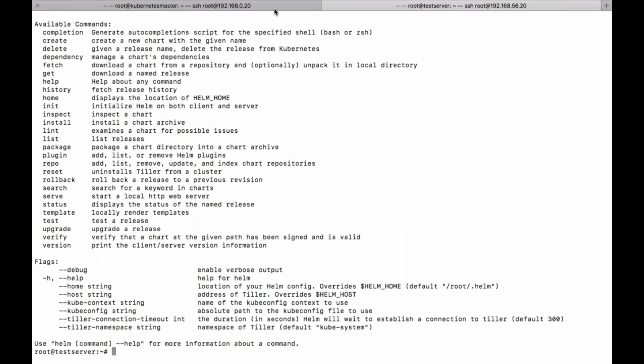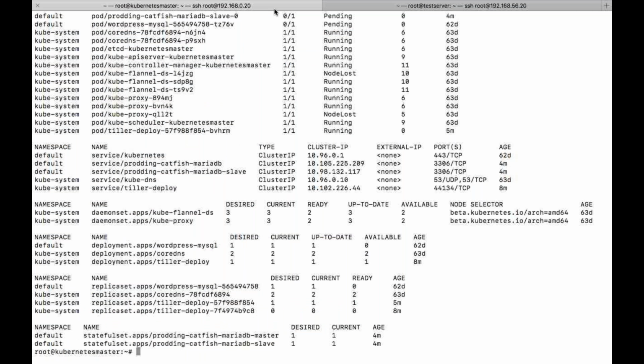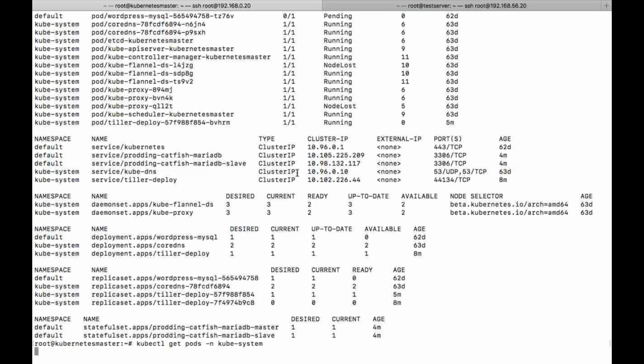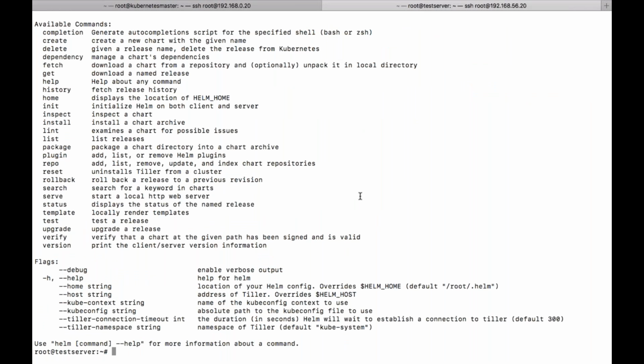Once Kubernetes master has created the tiller pod, only then you will be able to communicate. Okay, so get pods. Once this tiller pod is running, only then you will be able to communicate from Helm to this particular Kubernetes cluster. Without this we cannot do it.